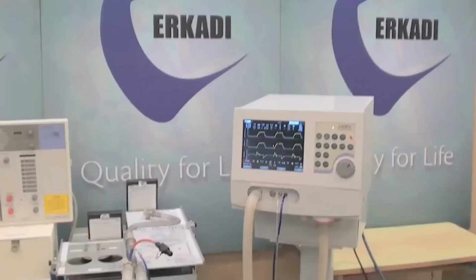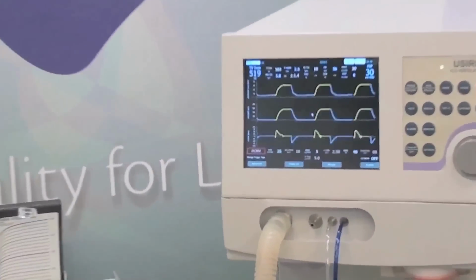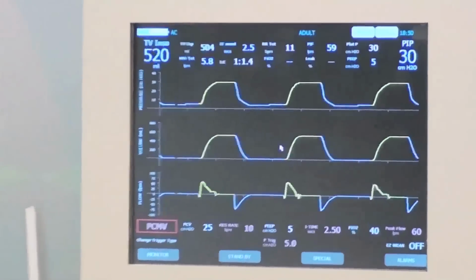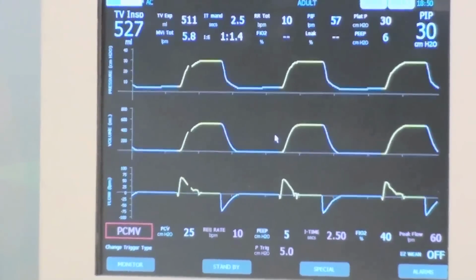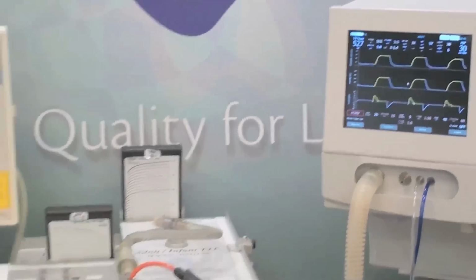Let us now look at the performance of a ventilator that has a patient proximal flow sensor. We have made similar settings. However, note that the inspiratory and expiratory tidal volume are both nearly the same, around 500 ml. The I time is 2.5 seconds and the achieved pressure is 30 cm H2O.